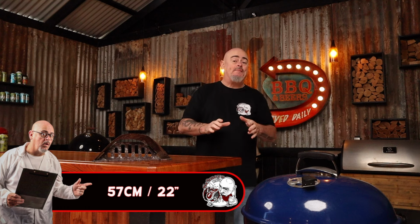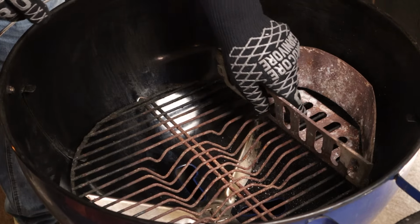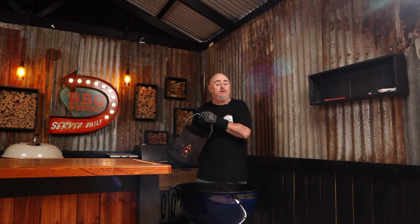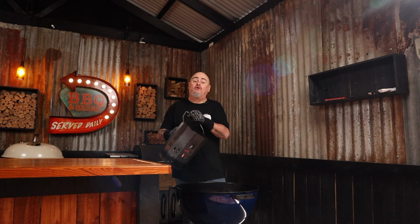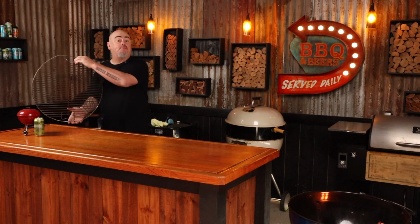Today I'm using a 57cm Weber kettle, and I'm pairing it up with one charcoal basket because I want to be cooking indirectly with a heat of 180 degrees Celsius today. How I'll do this is by placing the charcoal basket to one side of the charcoal grate, and then I'll fill a chimney starter with lumped charcoal just over halfway, light it up. Once it's all ashed over, I'll dump it into that charcoal basket. Carefully put the grill back in,